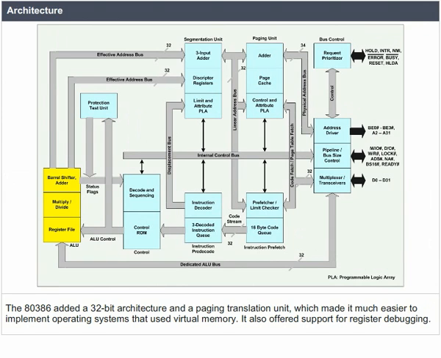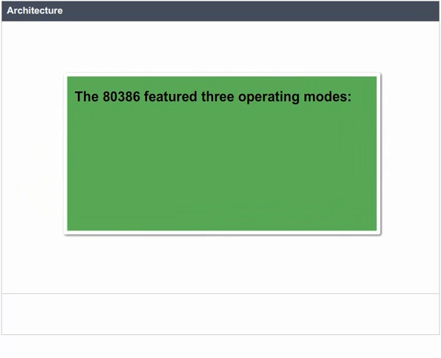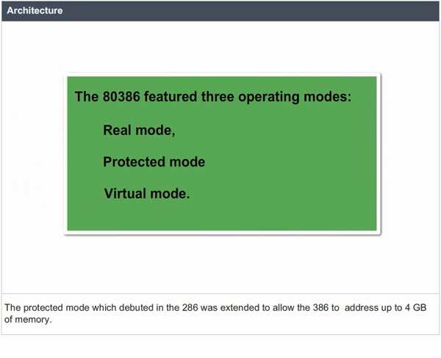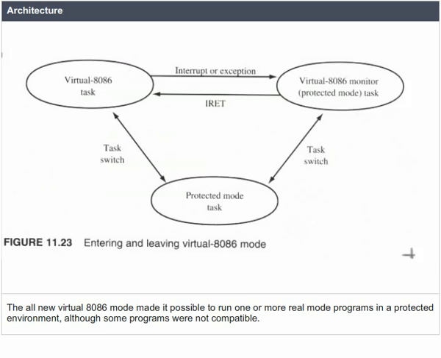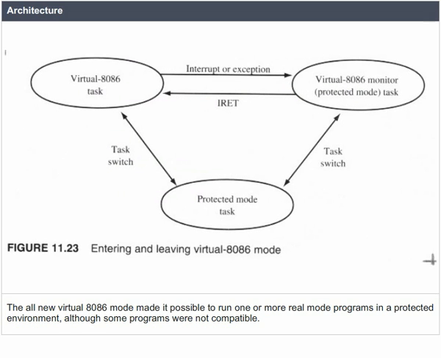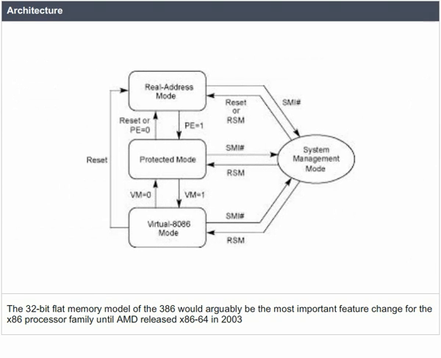The 80386 featured 3 operating modes: real mode, protected mode, and virtual mode. The protected mode, which debuted in the 286, was extended to allow the 386 to address up to 4 GB of memory. The all-new virtual 8086 mode made it possible to run one or more real mode programs in a protected environment, although some programs were not compatible. The 32-bit flat memory model of the 386 would arguably be the most important feature change for the x86 processor family until AMD released